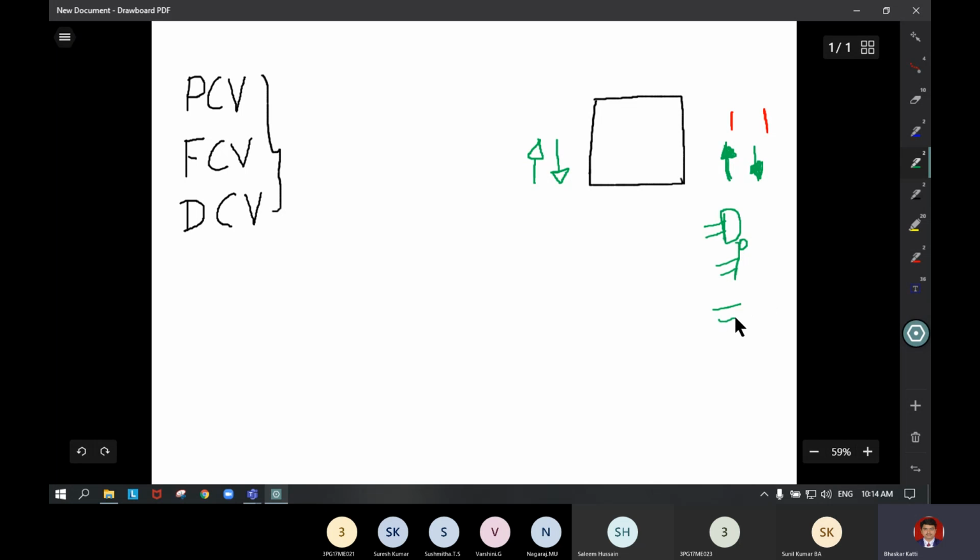Then we can have a foot pedal type of actuation, or we can have a solenoid type of actuation, or we can have a roller actuation. So all these come under your mechanical methods. So if it is a hydraulic actuation, then that actuation line should be shown as a dotted line, and with an empty triangle pointing towards the square box, that represents your pilot line pneumatic.